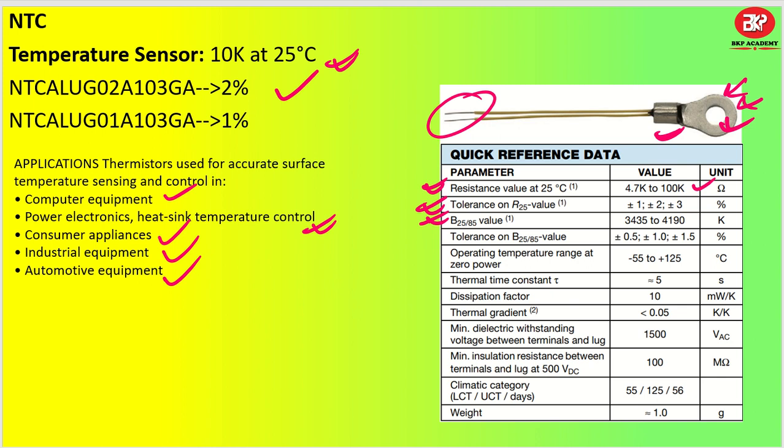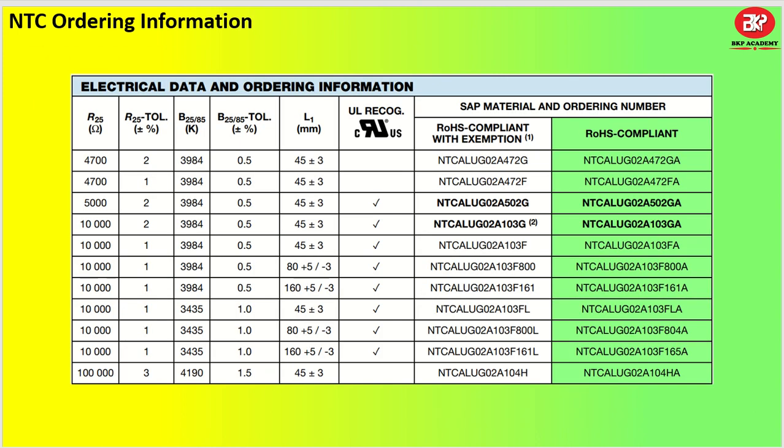So let me give you the ordering information. As you can see, I have resistance values at different temperatures. Let us say I'm going to take up the 10 kilo ohm values. For 10 kilo ohm, you can see we have tolerance of 2% or 1% also, and it has the part numbers given here, right? So the part numbers I'm going to select are